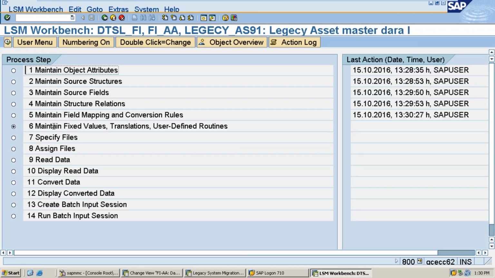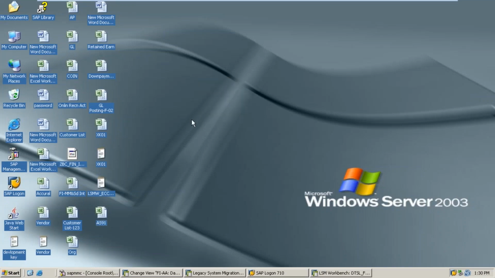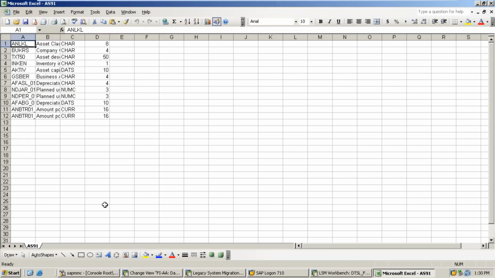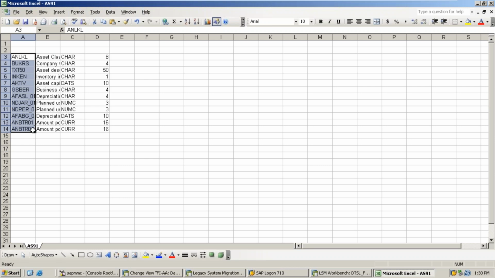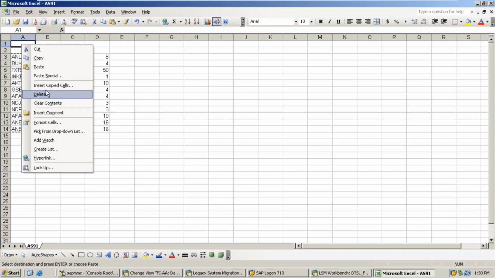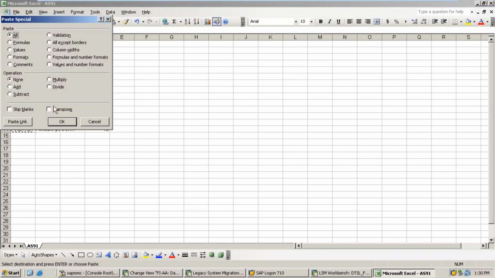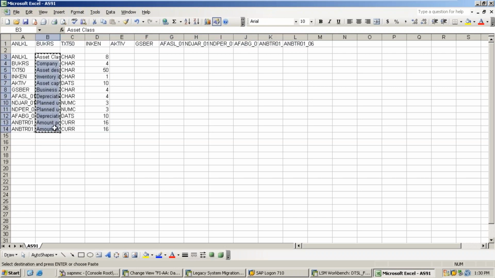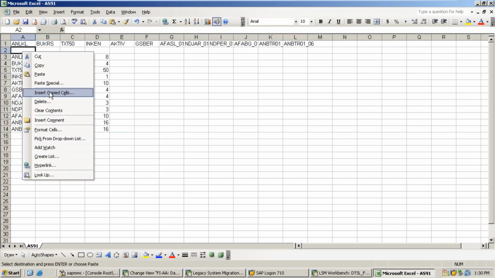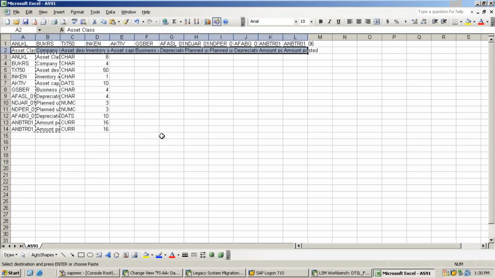Done. So, seventh step. Before going to the seventh step, you have to be ready with your file format. This will take 5 minutes. Okay, that's it. Now what should I do? Can you please guide me? Two rows you need to create. Copy the fields. Paste special, yes. Okay, enter it. Copy this. Paste special, transpose it.